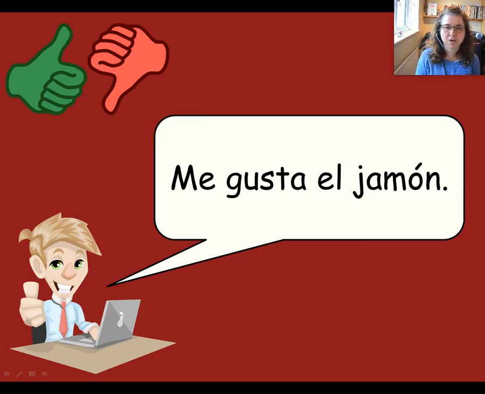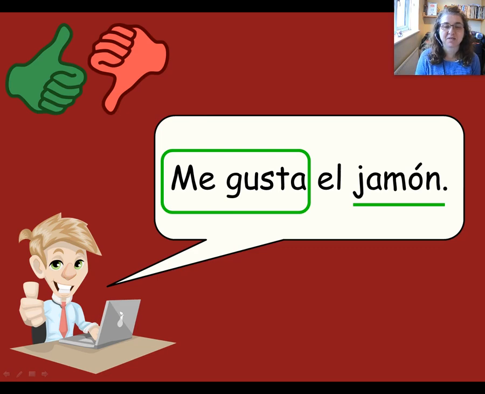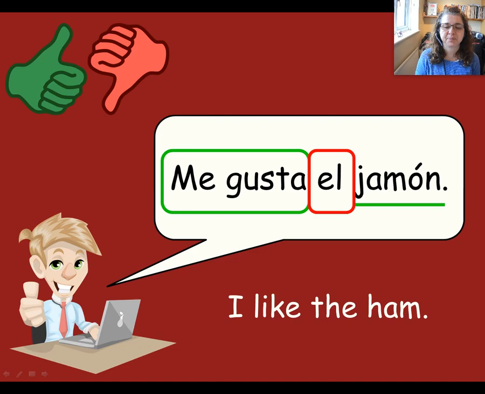So, do you remember this sentence that we saw last time? Do you remember where the food word is in it? That's right, jamón. So, this sentence is all about jamón, about ham. And it says, me gusta el jamón. We found out that me gusta is giving the opinion, but there's this extra little word el in front of jamón, and el means the. So the sentence says, I like the ham. In English, though, we'd just say, I like ham.